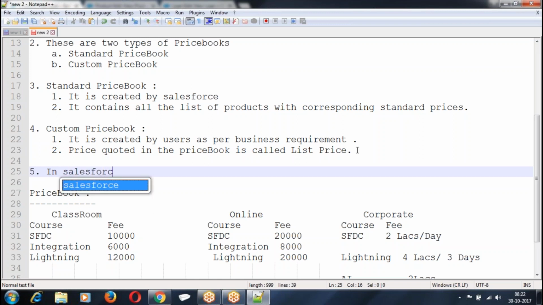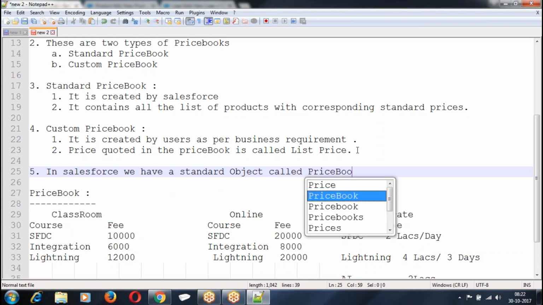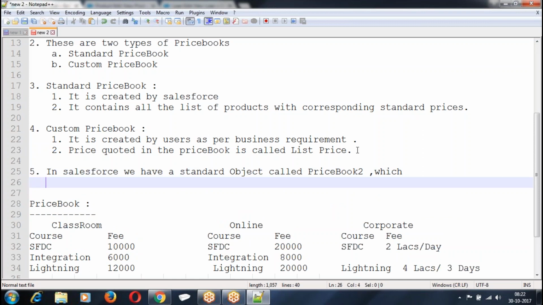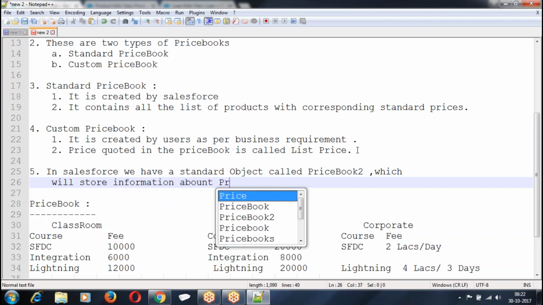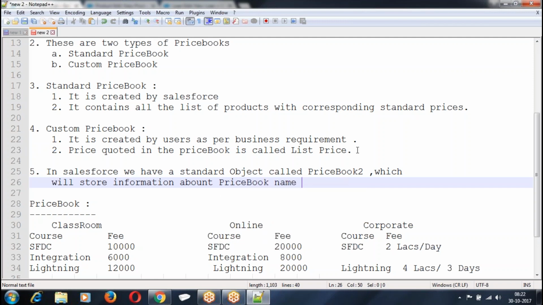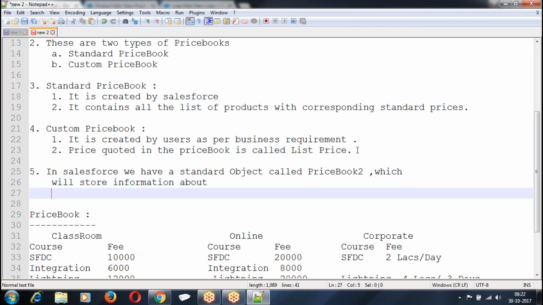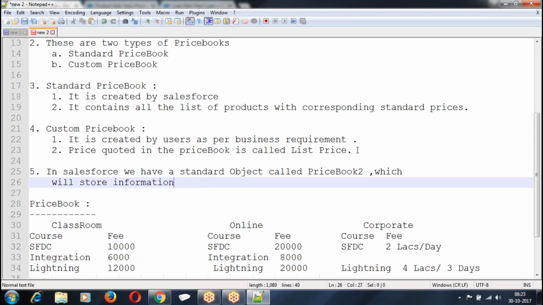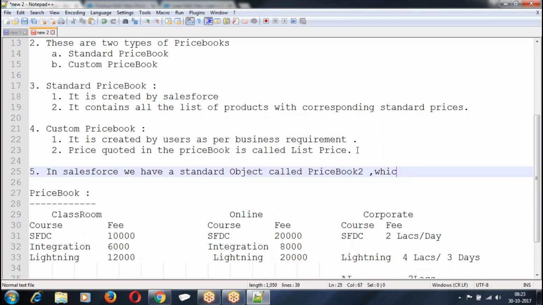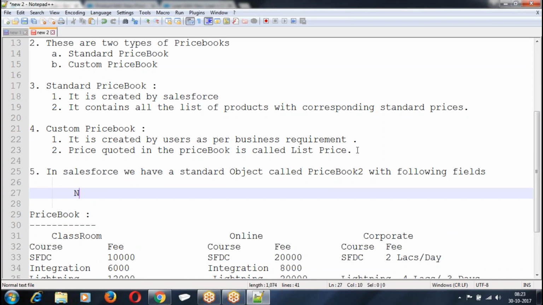In Salesforce, you have a standard object called price book, which will store information about the price book name.